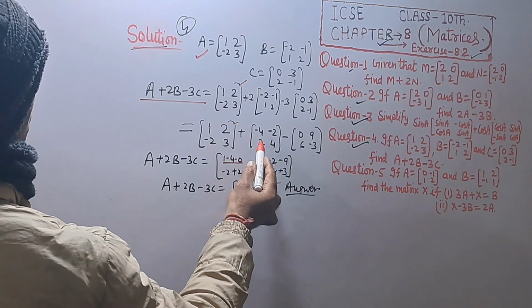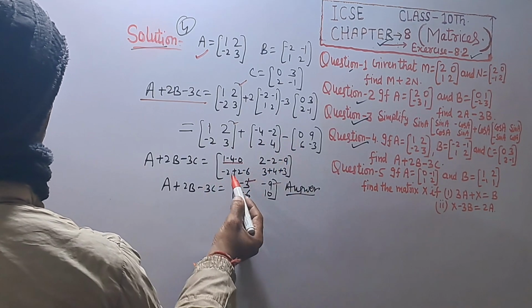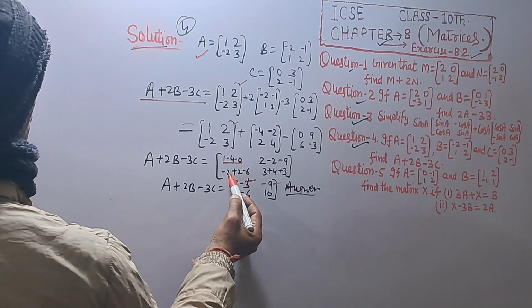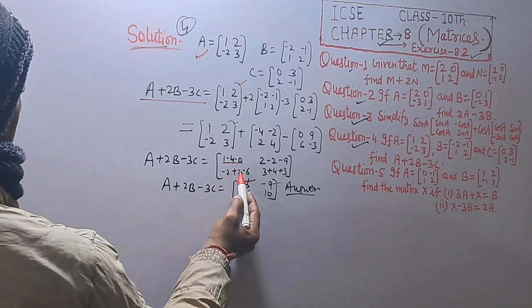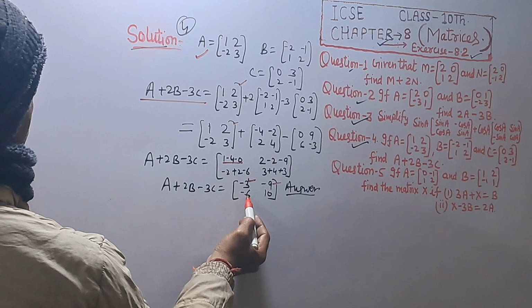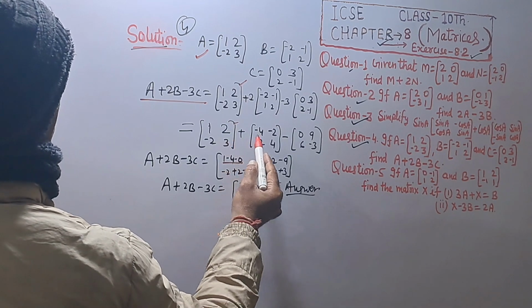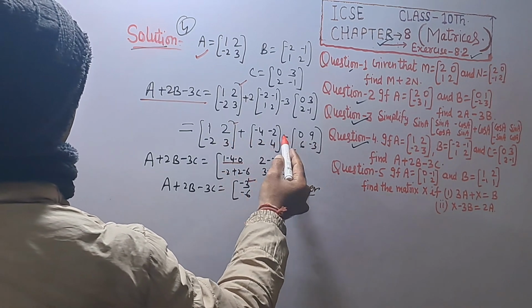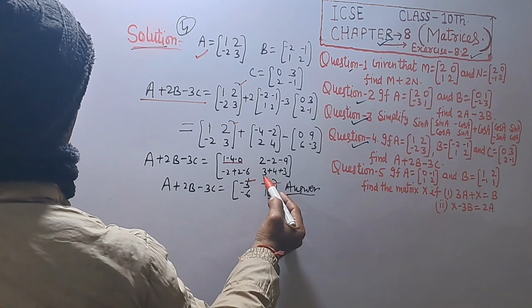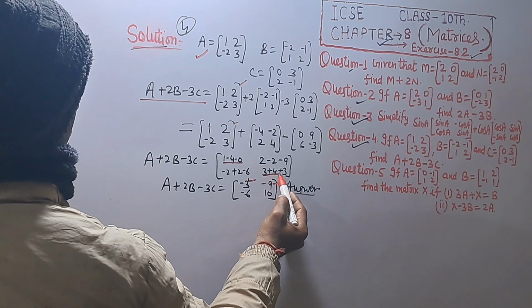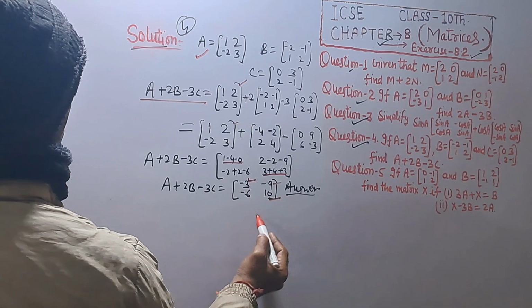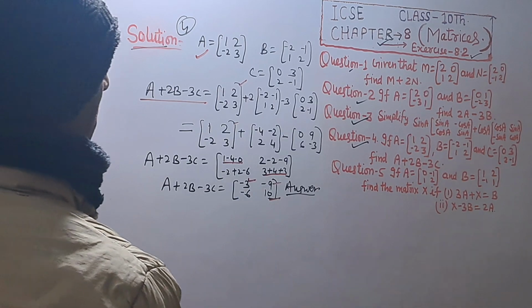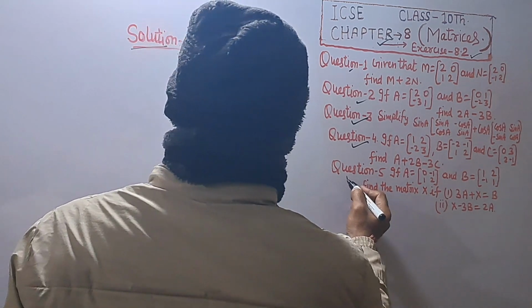And -2 + 2 - 6, that is -6. And 3 + 4 + 3, that is 3 + 4 is 7, 7 + 3 is 10. So answer is 10. Next question,